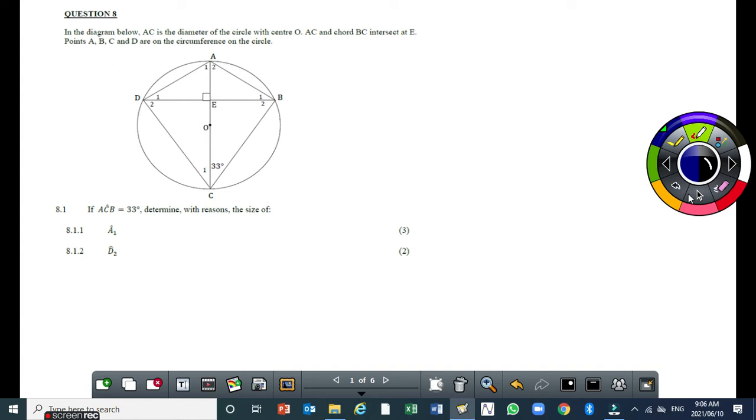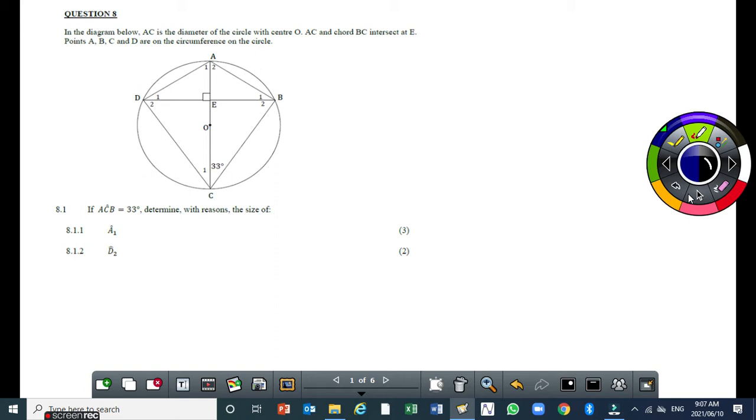In this diagram, you are given the diameter AC. You are also given a center, which is 4. You've got 4 chords there. The diameter of the 5th chord. Alright? And the first question says if ACB is equal to 33 degrees, determine with reasons the size of angle